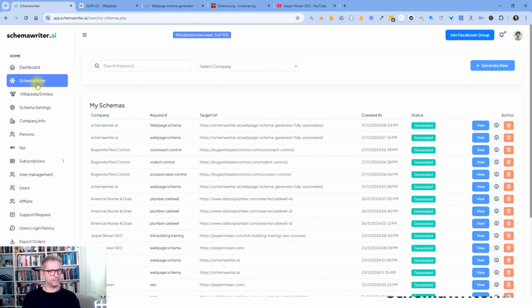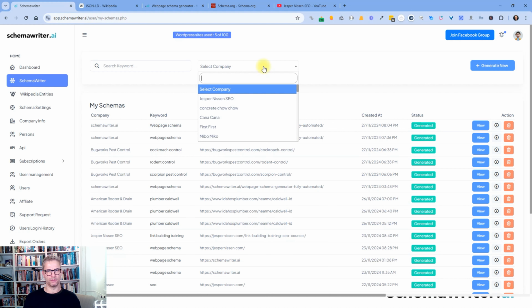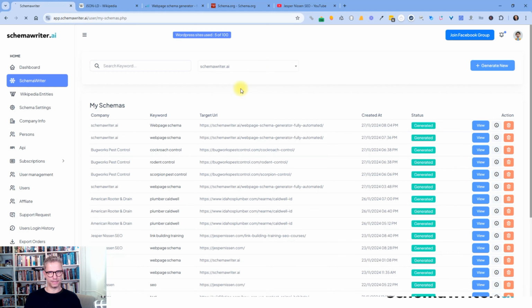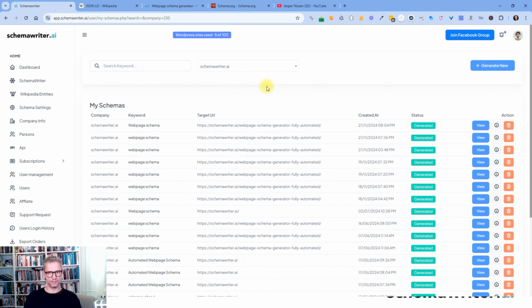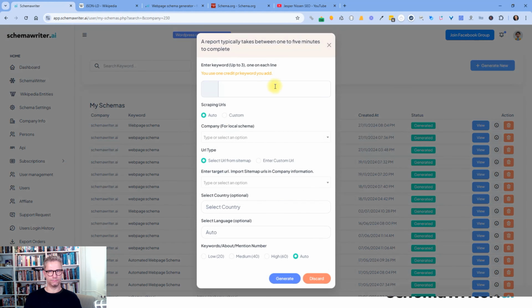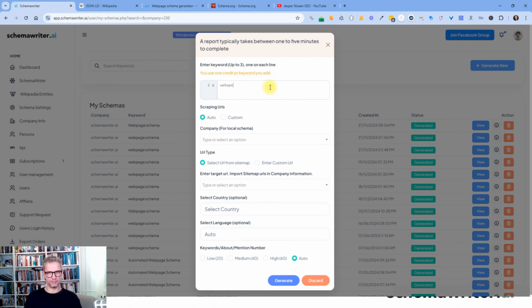So now I'm in the backend of schemawriter, and I click on schemawriter up here, and then I click on this drop-down box because I want to select my own company, see the reports that I made, and I can click generate new. What I want to rank for is web page schema,